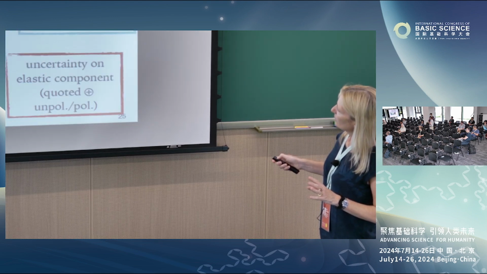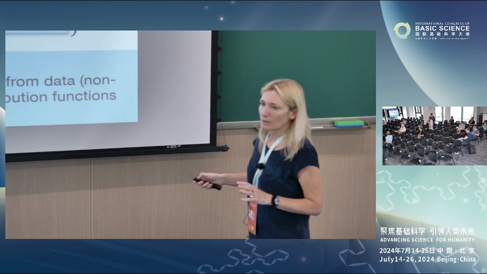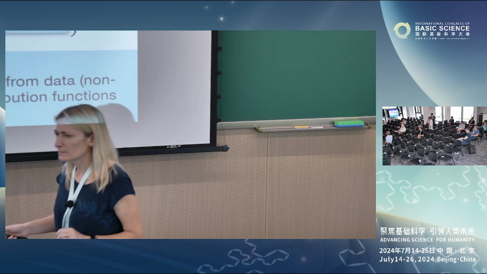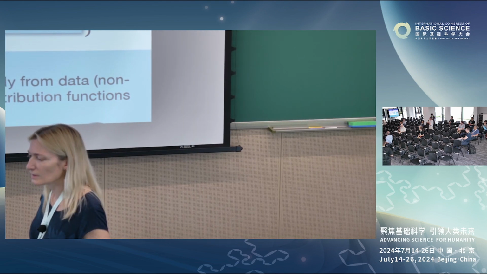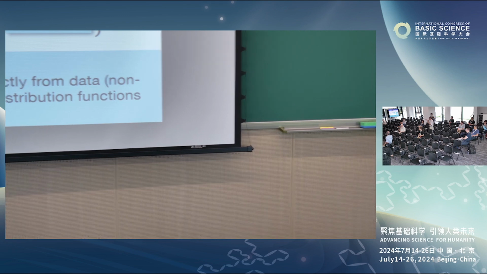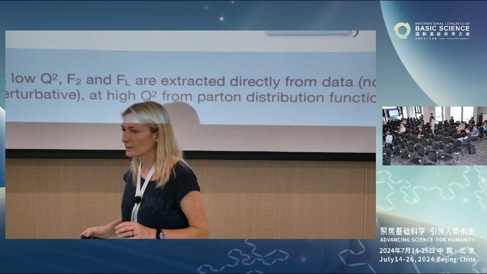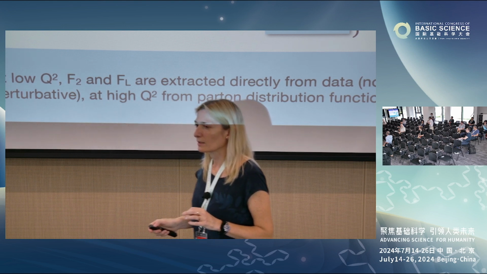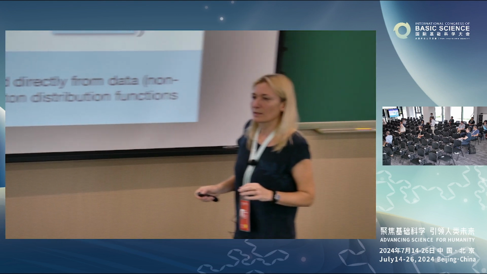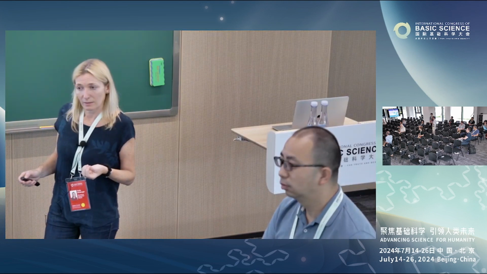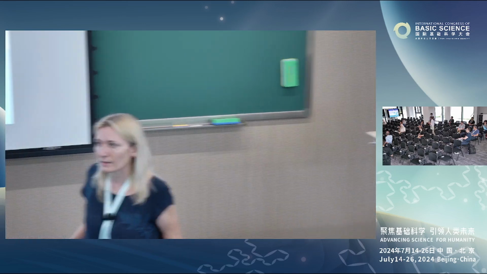My question is that if you do this way above the Z energy, it's indistinguishable. How can you separate the photon from the Z if the electroweak force is a multiplet? Only at low energy can you define the photon. At high energy the Z and the photon are mixed together. The standard model tells you Z is part of the photon. Yes, B and W3 is the correct description at high energy and high momentum transfer.